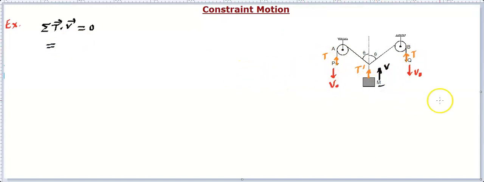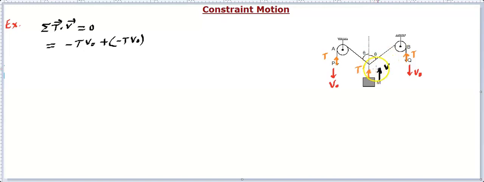If I write directly, it will be some sort of this. For the first one, it is going to be minus T into v0. How is it coming minus T v0? Because this T and this velocity direction have opposite directions, so T v0 cos 180 is a minus. Let's come to the next one. Again you see it's going to be minus T v0, minus because of the dot product. So minus T v0.